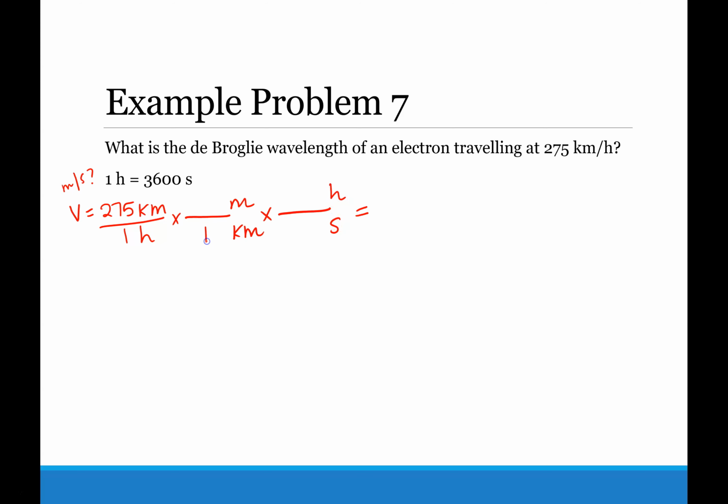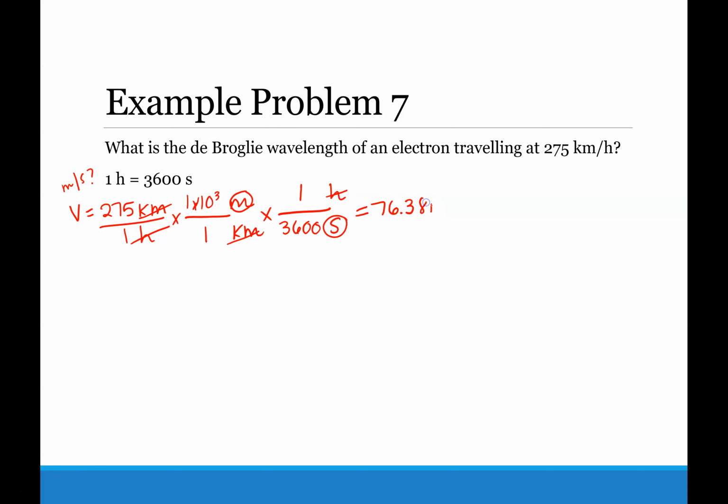So giving the one to the thing with the prefix and the metric system constant to the base unit here, kilometers cancels and you're left in units of meters. And then the conversion, as you can see in the problem, from hours to seconds is that 1 hour equals 3,600 seconds. So hours cancels and we're left in seconds. So in your calculator, if you multiply 275 times 1 times 10 to the third divided by 3,600, you will get a velocity of